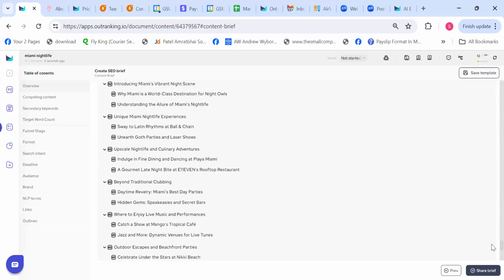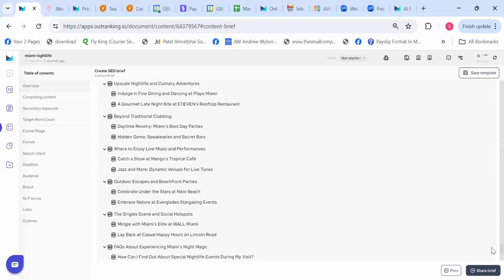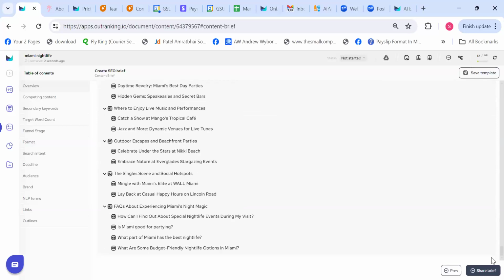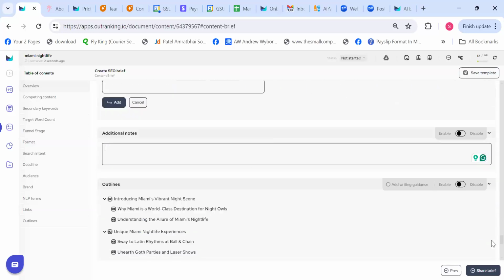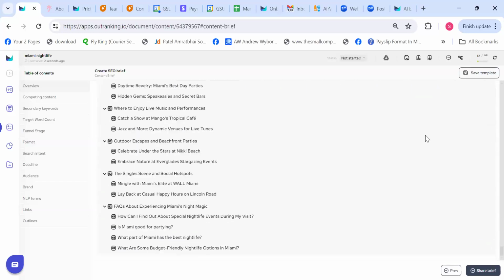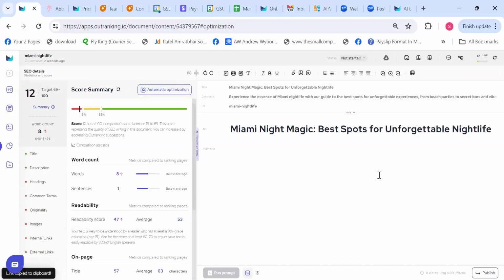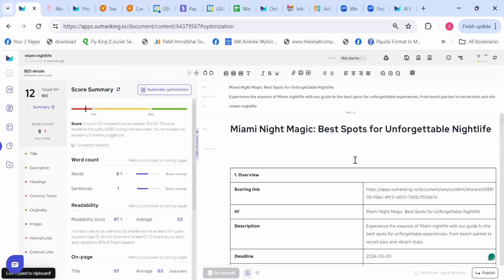And then there are the entire outlines that you have put in place when we were on the outline step. So once everything is perfect here and you are good to go with the entire brief, you have sorted the entire brief. You can also save the template from here so that you don't have to create a new template every time. You can use the same template again. And once you are done with this, and once you have the perfect SEO brief for your writers to write it manually or by using some other way, like prompts or maybe generating a first draft, you can simply click on share brief here and just hold on for maybe, yeah, here you go.